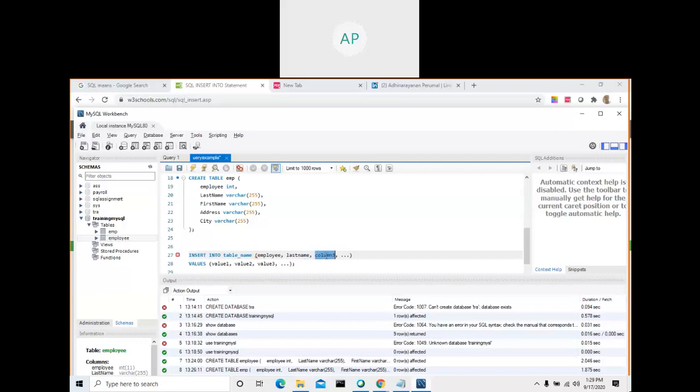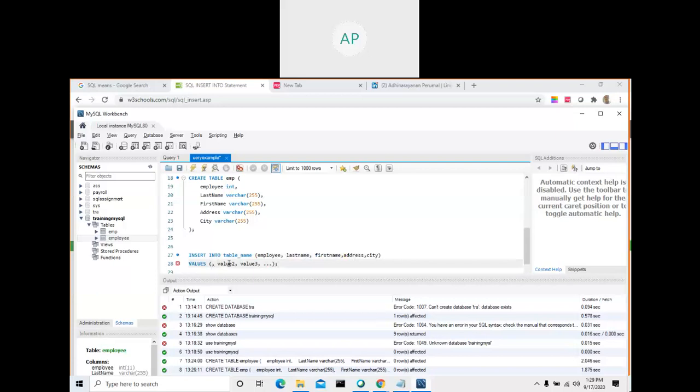This one is last name, LAST NAME. Then first name, capital letter or small letter is not an issue, FIRST NAME. Then ADDRESS, comma, then CITY.